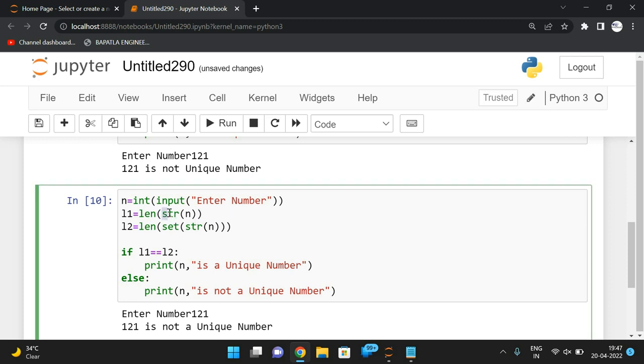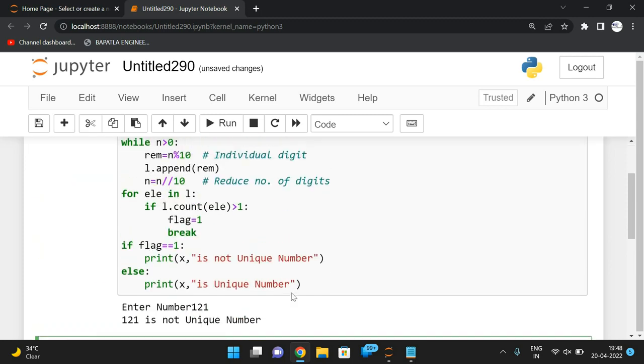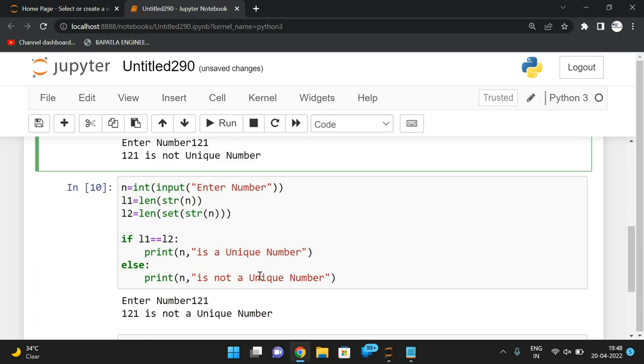So first we are applying the string function. We are converting that number into a string so that we can find the length. In the second one, L2, we are changing the number into a string, and we are applying it to the set, so that if there are any duplicates they will be removed, right? So automatically if we check the length, if there are no duplicates, the length should be equal here. Even though you are applying the set function, the length should be equal. So we can simply compare these two lengths, and automatically we'll get the result, right? Based upon this comparison, we'll find whether it is a unique number or not a unique number. So these are the two ways, but prefer this one without using